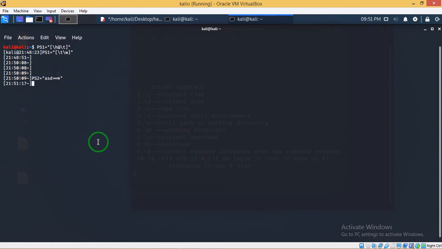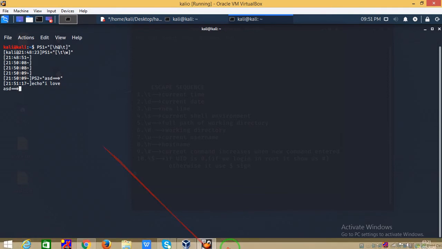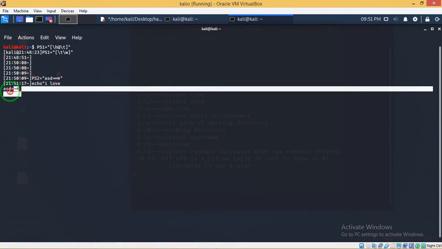If I hit enter, it will not change anything. Now when I write a program, echo, I'm giving double quotes, I, okay, that's closing, I love. See, it has been shown here.